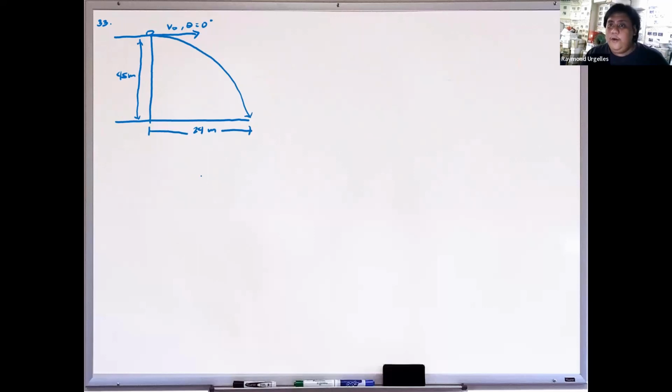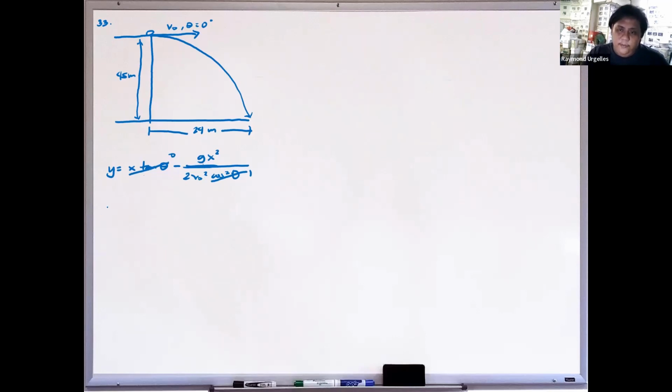So we can use the equation of trajectory. What's the equation of trajectory? y equals x tan theta minus g x squared over 2 v naught squared cosine squared theta. Since theta is equal to 0, tangent is 0 and cosine is 1. So, solving for what we are looking for here,